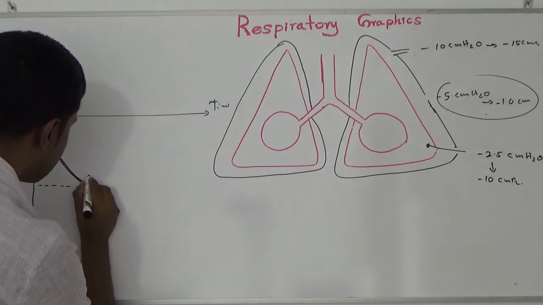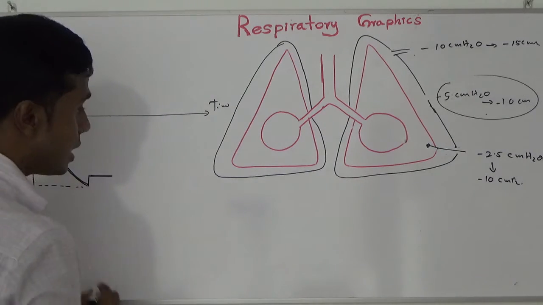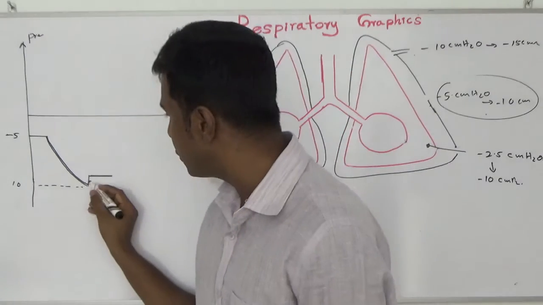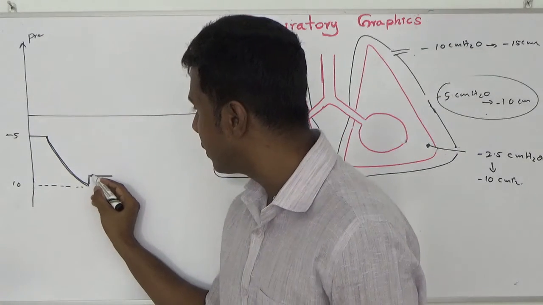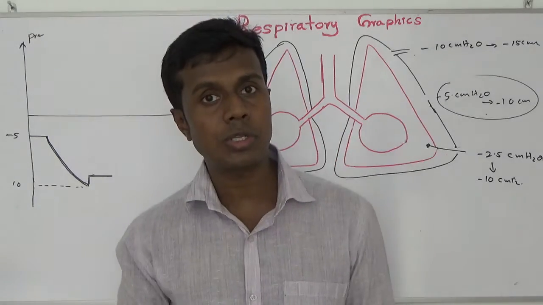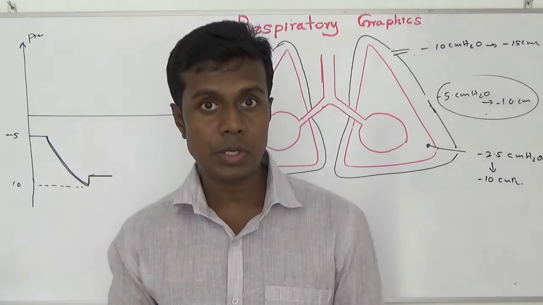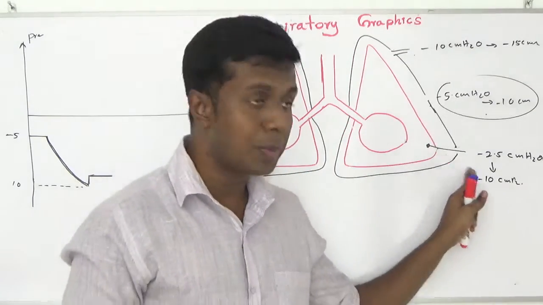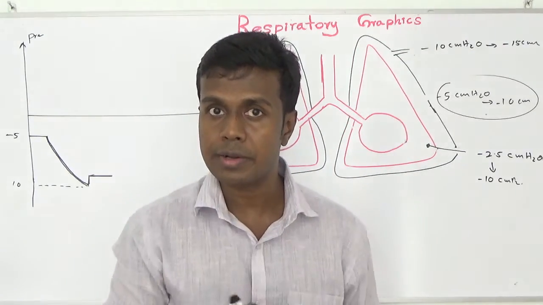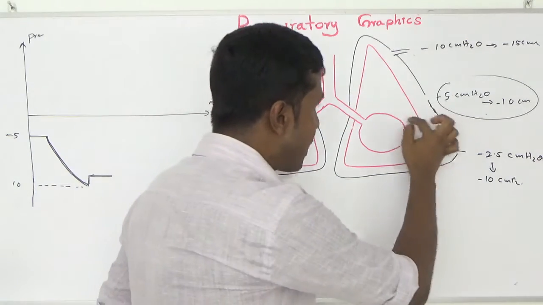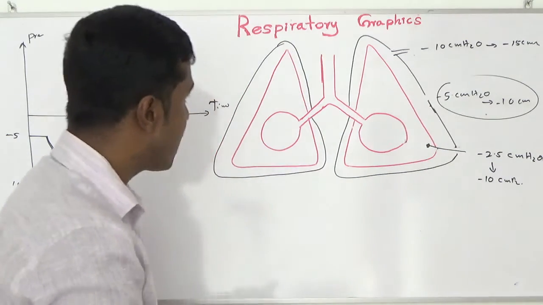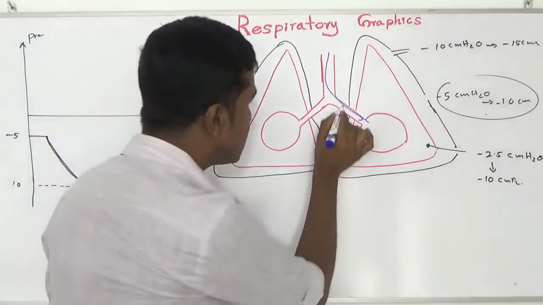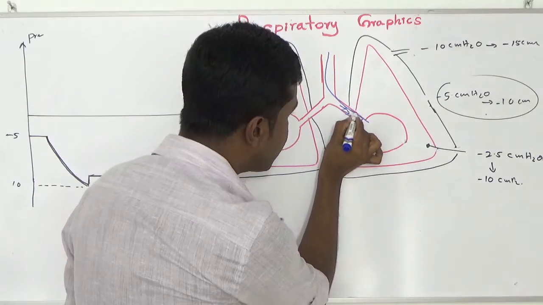After that, my inspiratory hold happens. When I start inspiratory holding, the pressure gradually reduces a little bit. Why? Initially, I need a high negative pressure here in order to drag the air. When I drag the air inside the alveoli during my inspiration, I have to do work to overcome the resistance of the alveolar duct.